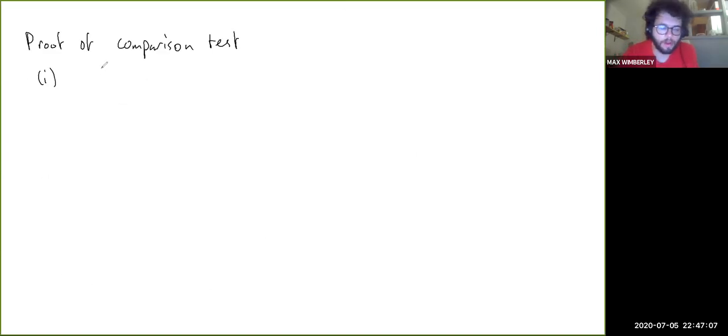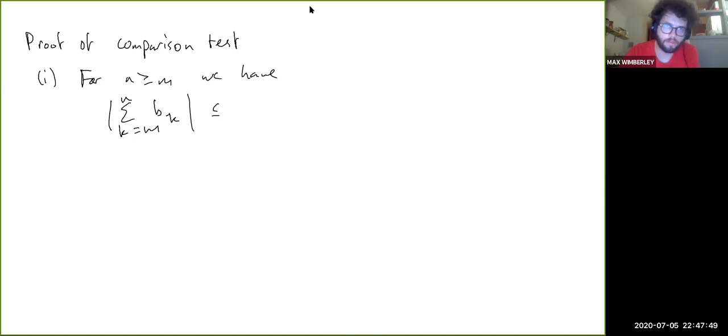Okay, so for part one of the comparison test, we're trying to use the convergence of an to prove the convergence of bn. And we know that the absolute value of bn is less than or equal to an for each n. The key here is to use the Cauchy criterion and the triangle inequality. So the key insight is, for n greater than or equal to m, we have the sum from k equals m to n of bk